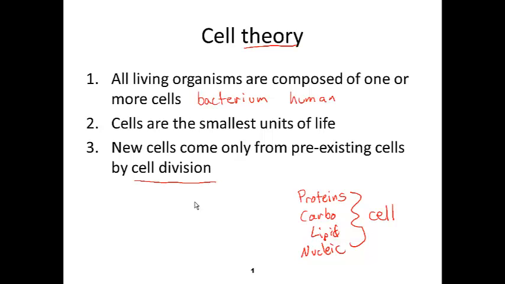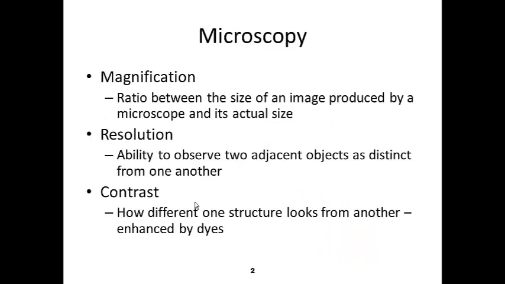But be that as it may, once the first cell arose, all cells came from that existing progenitor. And so if you think about it, all living things are made of at least one cell. All cells come from pre-existing cells. There's a unity of life here. There was an original cell that evolved, that underwent natural selection, that started to branch out, that then created all the diversity that we see on Earth today.